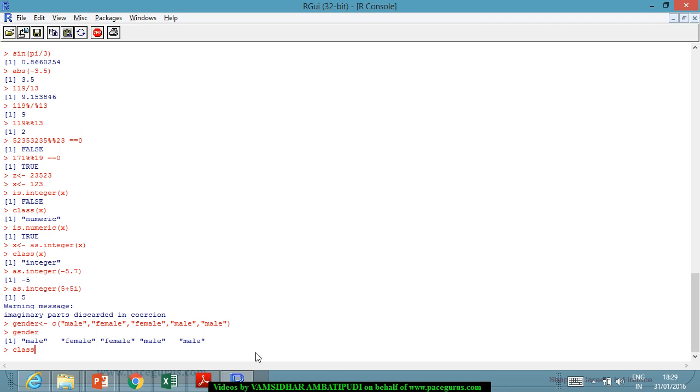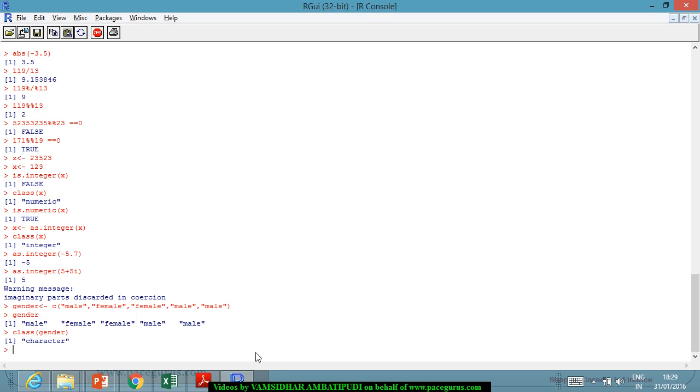Let's type the class of this gender. What is the class? It says it's a character because it's a string. So in R we don't have something called string. Everything is a character. Anything that represents a string will be displayed like a character. Now, the part is I can convert